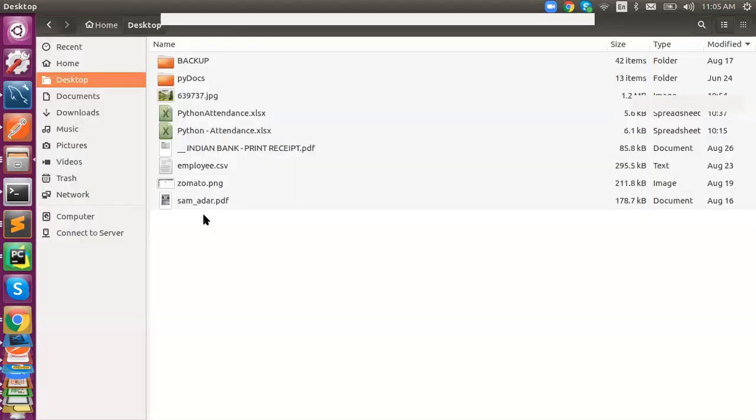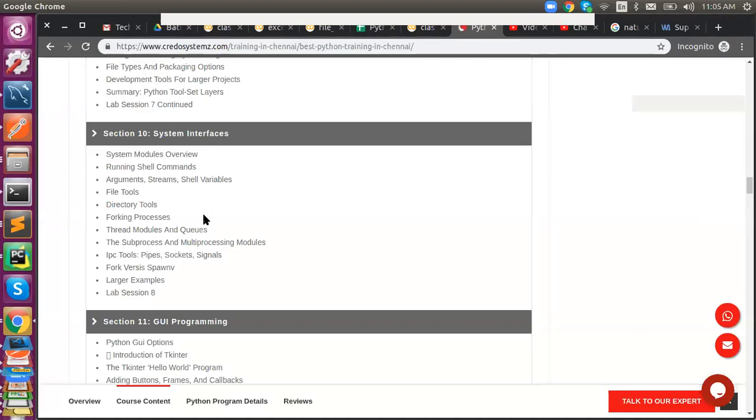In this module, we are going to talk about how to fetch a file, how to list out the files, how to fetch the file size, etc. And how to create a file, how to delete, how to create a folder, how to delete a folder, how to run shell commands from Python, and what is forking, what is a thread. These are advanced concepts; you might not have heard about them before. This is what we are going to talk about in this module, and let's start with it.